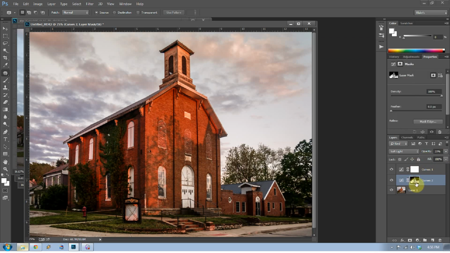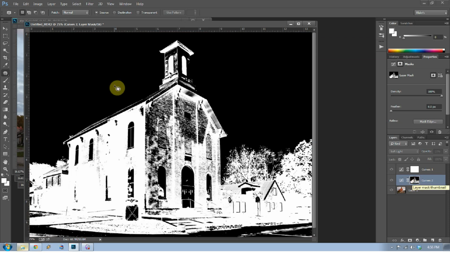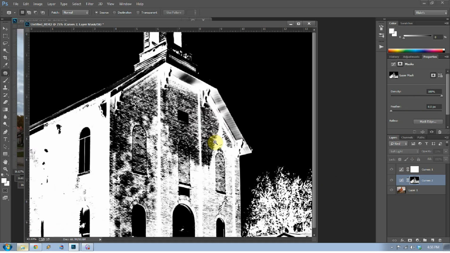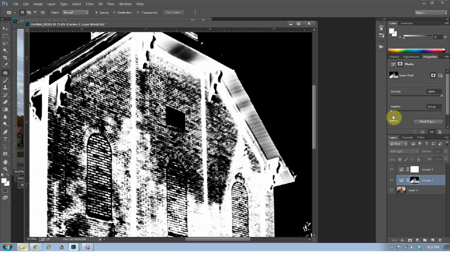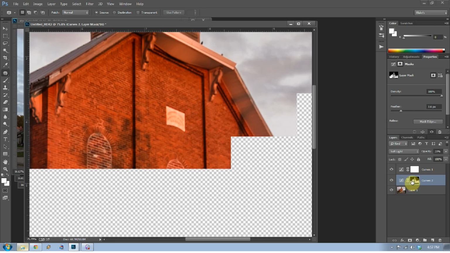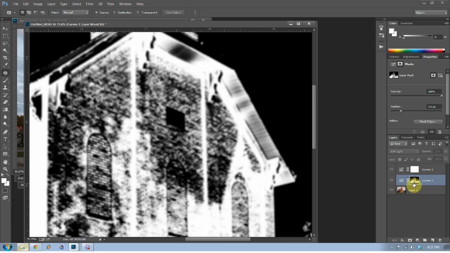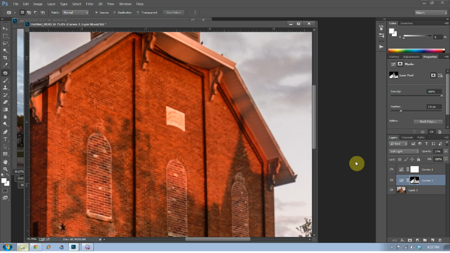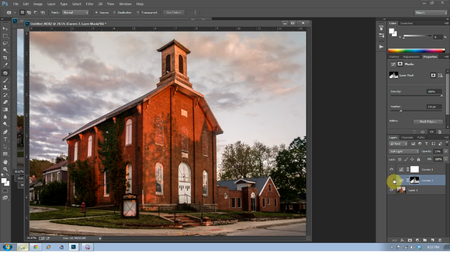And then you can go right here to the properties. If we look at our mask, it's very hard edged. It's got a lot of hard edges on that, and those don't tend to blend well with our photograph. So if you change the feather just a little bit, maybe to 3 or 4, and then I can see my mask by just holding Option on my mask. If you hold Option on the mask, it'll give you what the mask looks like. So here's a before and after. If it's too much, you can always adjust the opacity a little bit and bring it down.